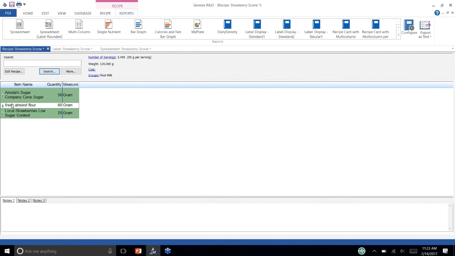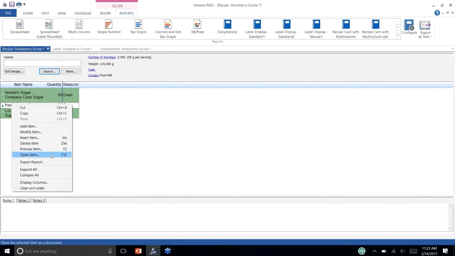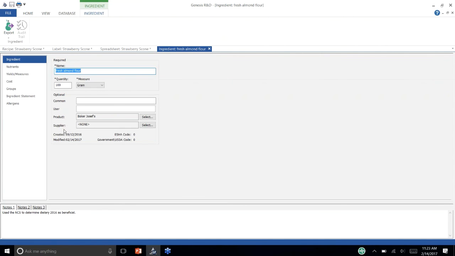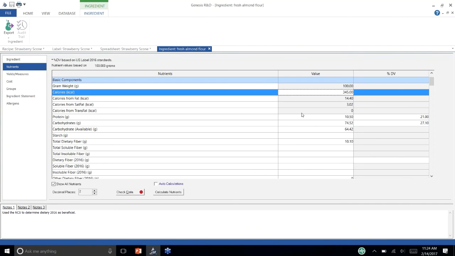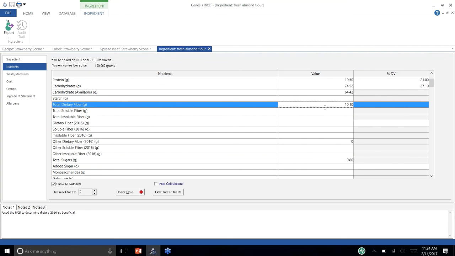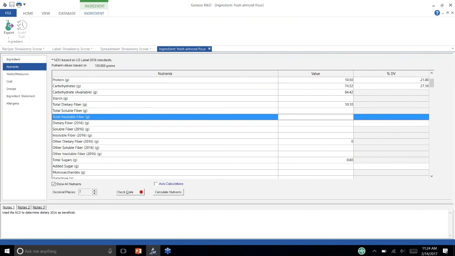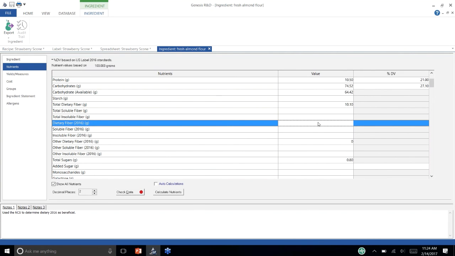I'm going to start with the almond flour. So I right click and open item. Then I can go to the nutrients screen here to see what I'm working with. I see right off the bat that I do have total dietary fiber information listed, but I am actually missing Dietary Fiber 2016. Now this is an almond flour. I know that there is no other types of dietary fiber going on here, so I might choose to use